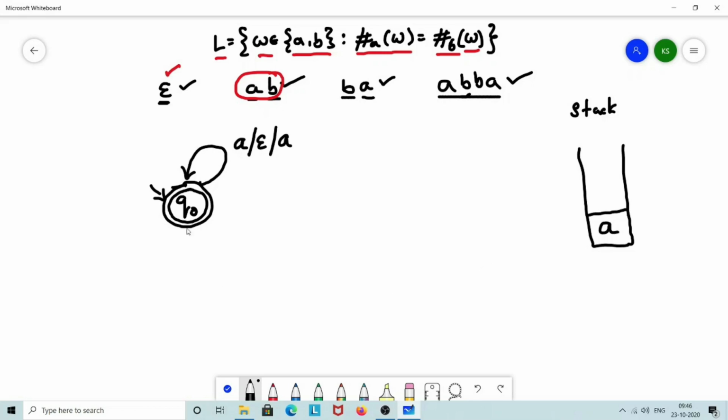And for every occurrence of A, we are done with A. Now we'll encounter B, right? So for every occurrence of B, if A is on top of the stack, then I'll perform the pop operation. So what will happen? The content of the stack will be empty, right? So this A is popped out. So will this be accepted? Yes, this will be accepted because we have remained in Q0 state, which is an accepting state, and the stack